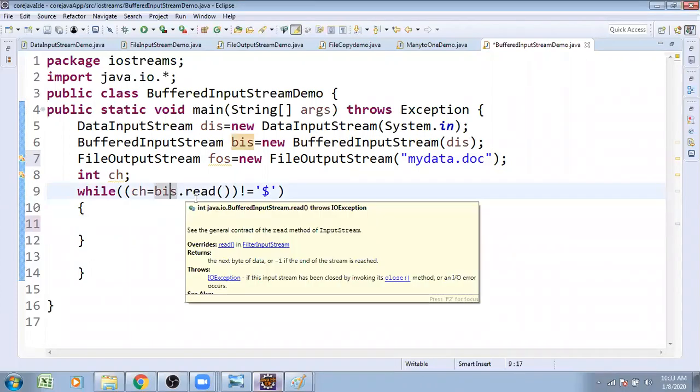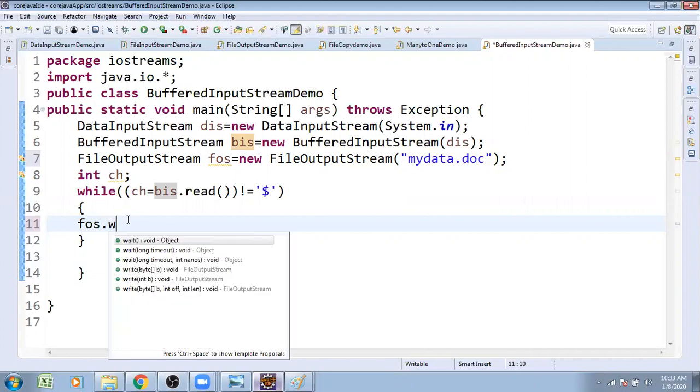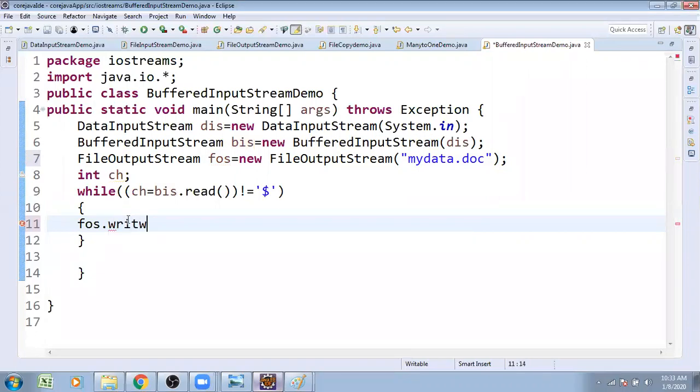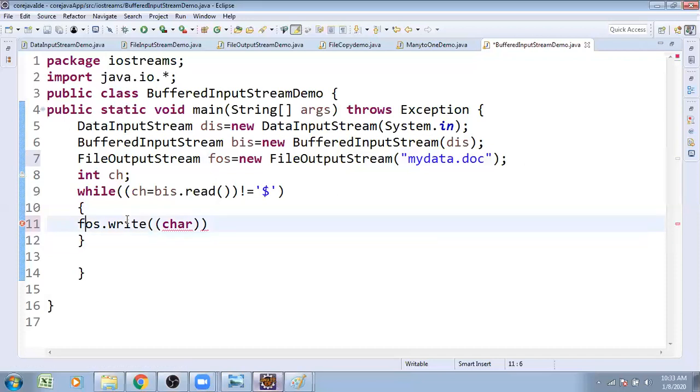BIS.read: I want to read the whole data and print it. From that point of view, FOS.write, with a casting operation, char of ch. I want to present the char of ch logic. Casting operation, why? Because the integer is expecting the output as a character type.